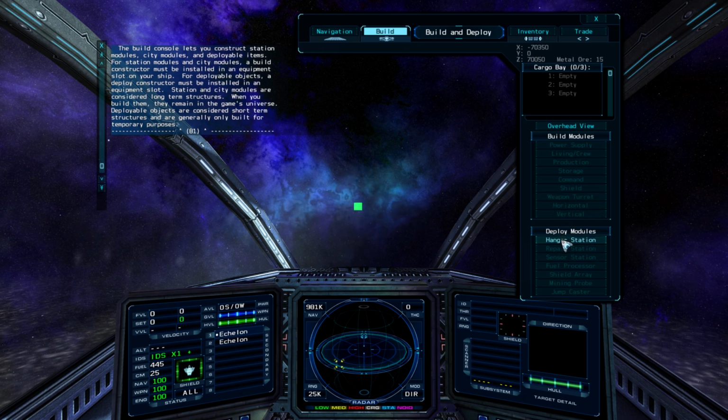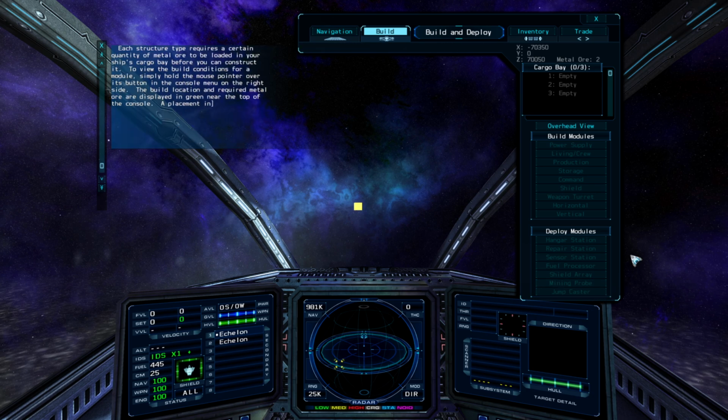Station and city modules are considered long-term structures. When you build them, they remain in the game's universe. Deployable objects are considered short-term structures and are generally only built for temporary purposes. Each structure type requires a certain quantity of metal ore to be loaded in your ship's cargo bay before you